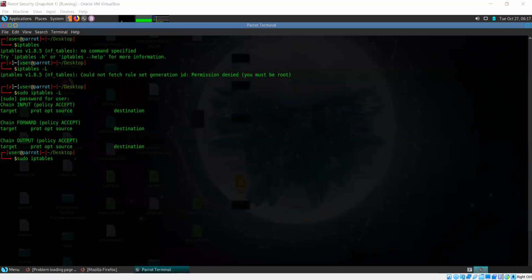Now, let's say you want to set a rule for incoming traffic. We want to append this rule to the end of the chain, and incoming traffic means the INPUT section. So -A is for append. INPUT means we are going to change the rule for incoming traffic.